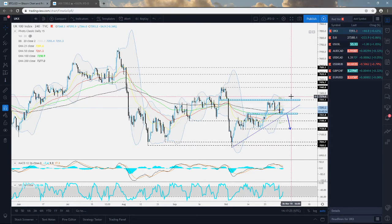So if we get a nice push above this level, above the 7,350, then we will aim for higher levels like the 7,440, 41 zone, or roughly around here, which is the high of the 30th of September, and then we'll take it from there. For now, we're going to keep it short and simple. We're not going to drive this one drastically to the upside. We want to see what it could do around here near the 7,440 zone. But of course, we'll examine that level if we get a push above the